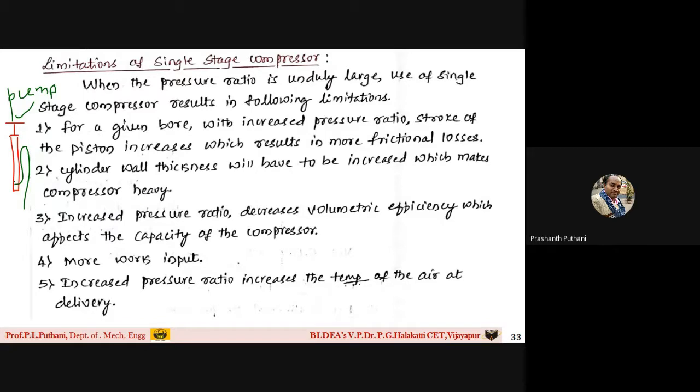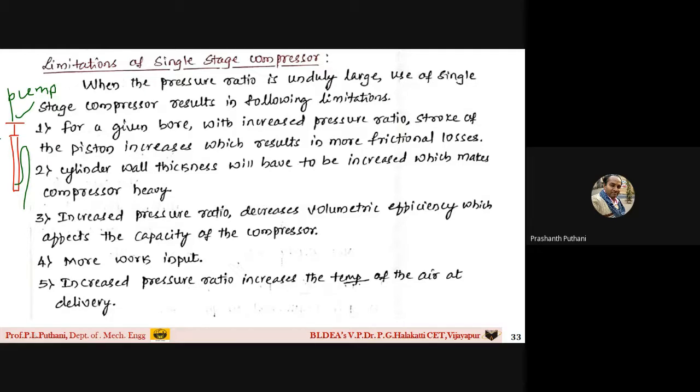What I mean to say is, in this pump there is only one cylinder. Because of that, the air is compressed, and you can see it is used for filling the air in tires and tubes. It is good for your bicycles, but if you want to fill the air for your cars, trucks, buses, then you cannot use this kind of pump. Again, you need to use a bigger kind of compressor.